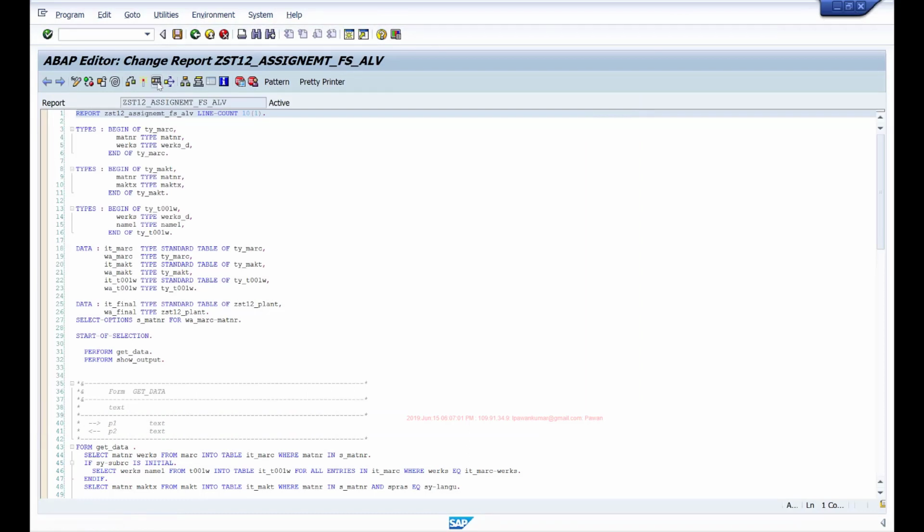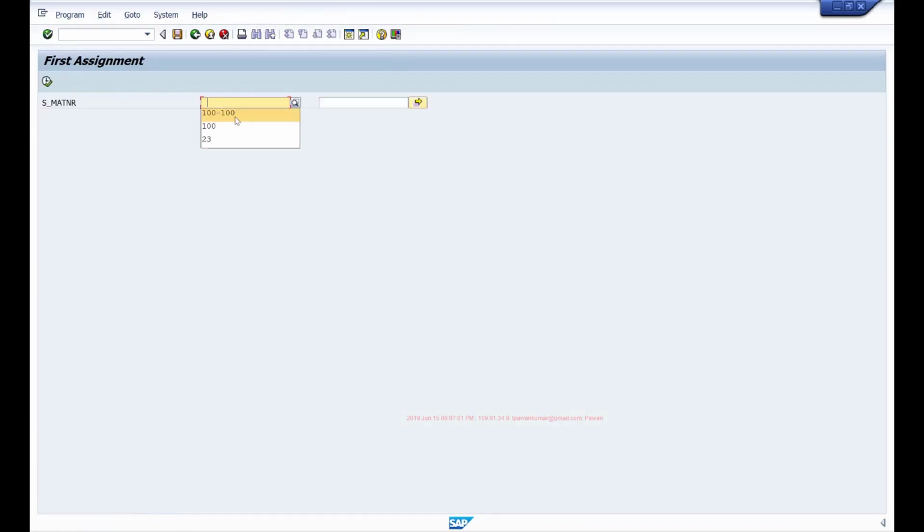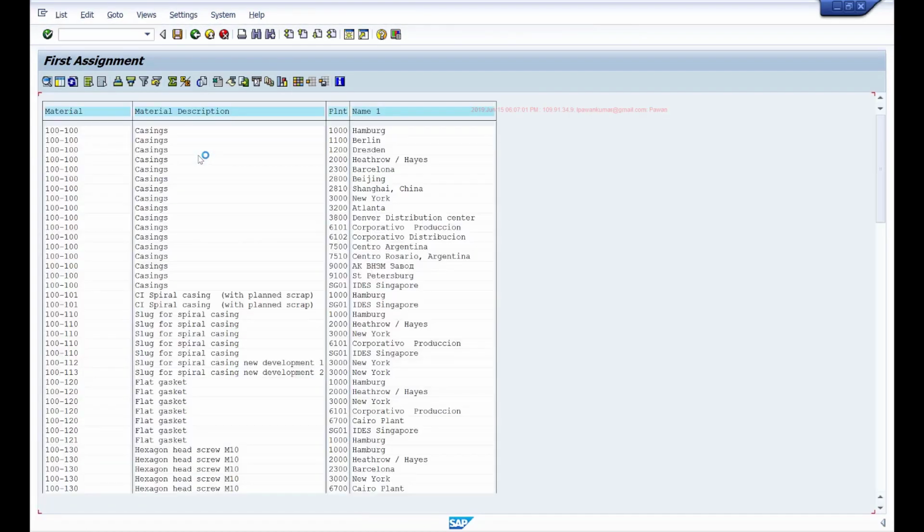Here, if I execute this program, it's an ALV report program. Let's say I'll give these values and execute. This is the report output.